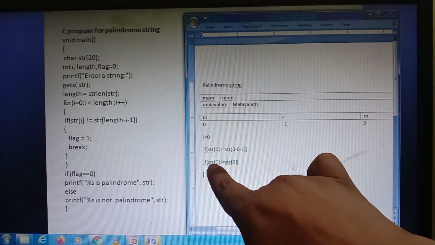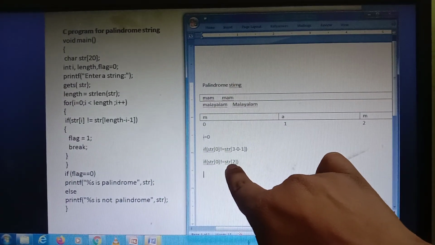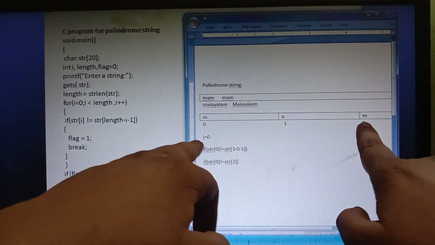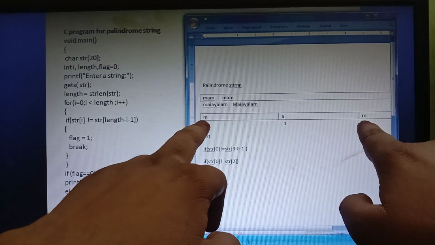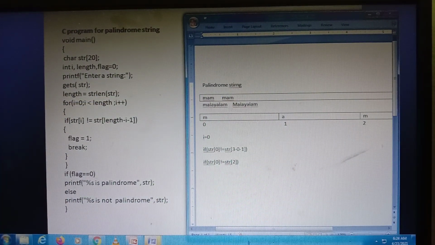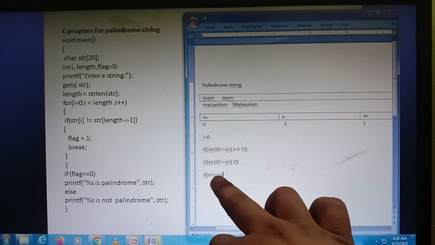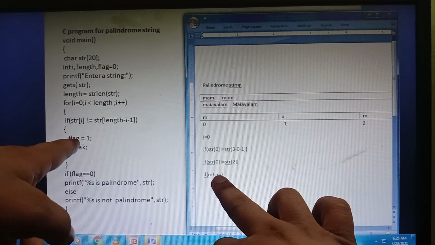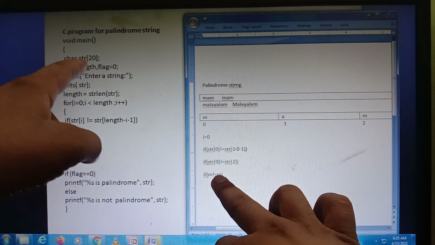What is STR of 0? M. What is STR of 2? M. Both are the same. M not equal to M: is the condition true or false? False. So the flag value does not become 1; it remains 0.